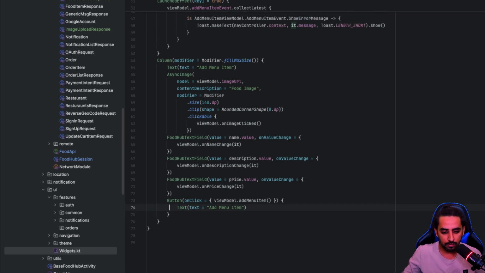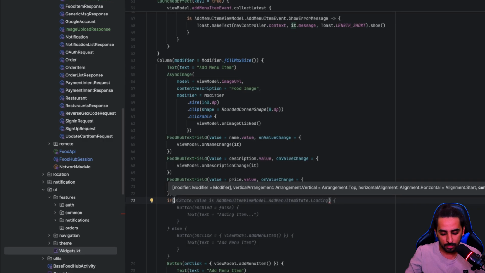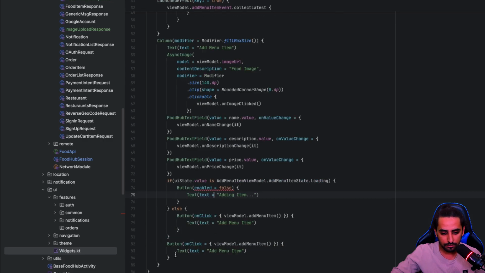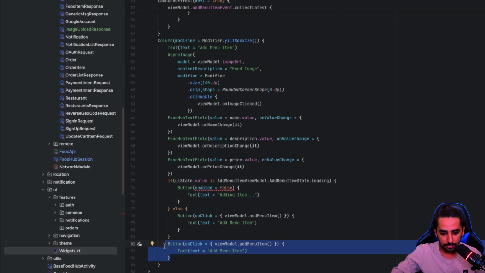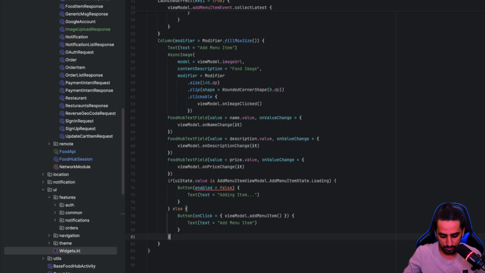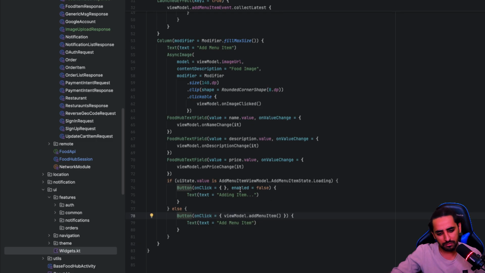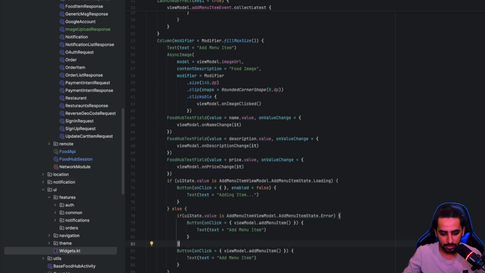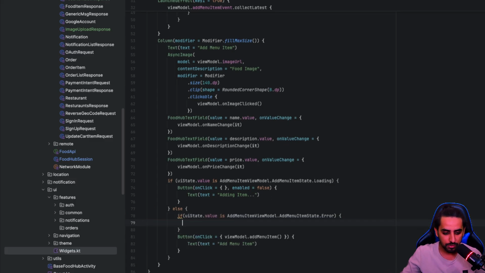The only thing that we will do is that when there is a loading case, so let's say if it's a loading. Okay, I think we can do something like this. Okay, I think that's fine for now. Let's just do it this way. We can handle it properly, but let's just do it this way. And now over here we'll also check if the state is an error case. In that case we'll show a text with whatever error we have. So we'll say